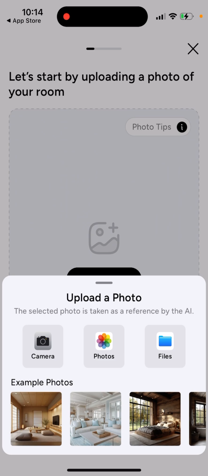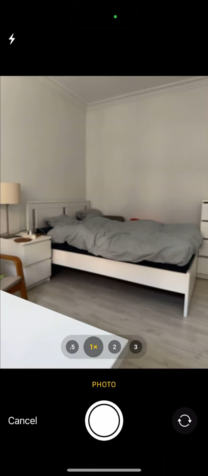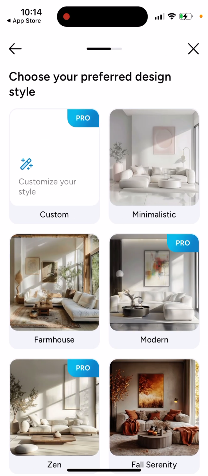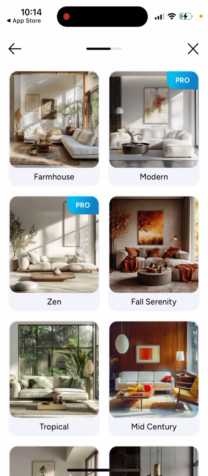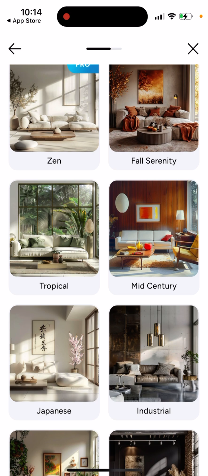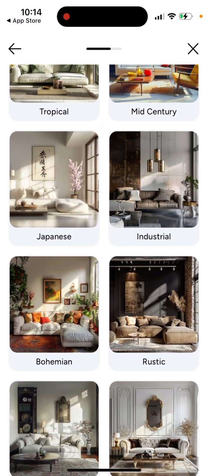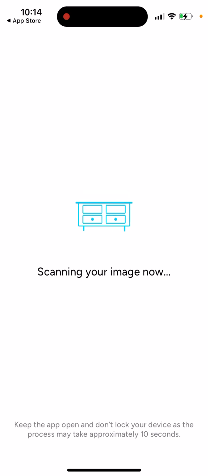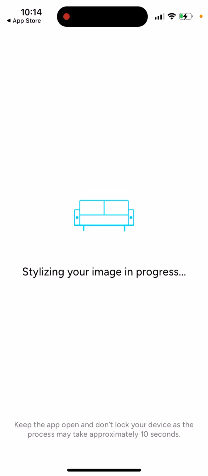So for example, if I just take a random bedroom as an example, and then I tap continue, and then you say, okay, this is a bedroom. And then you just choose your preferred design style. It can be minimalistic, farmhouse, modern, then fall serenity, tropical, mid-century, Japanese, industrial. So for example, let's select industrial. Then you select a color palette. There are different trending palettes here. You can also tap surprise me. And then this app is just using